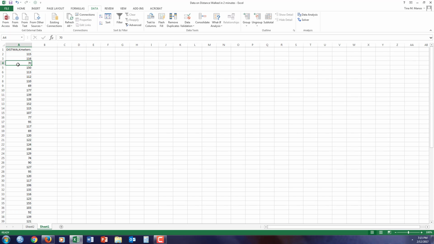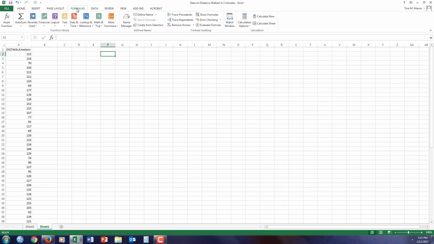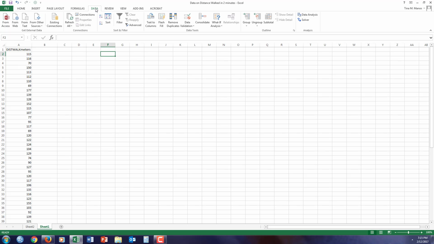In order to get the descriptive statistics very quickly, what you need to do is look in the tabs that are here in Excel, and we want to go to the tab that says Data, and on the far right hand side you'll see the option of clicking on Data Analysis. Again, this will be the case only if you've already installed the Data Analysis Toolpak in Excel. So please follow those instructions, get the Toolpak installed, and once you do, you hit on the Data tab,